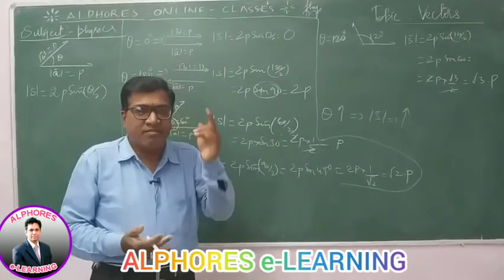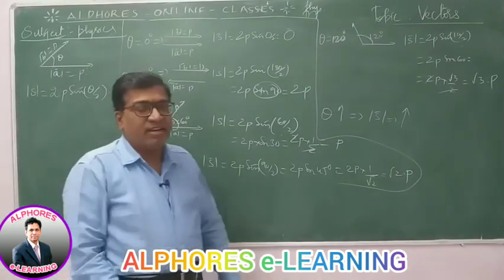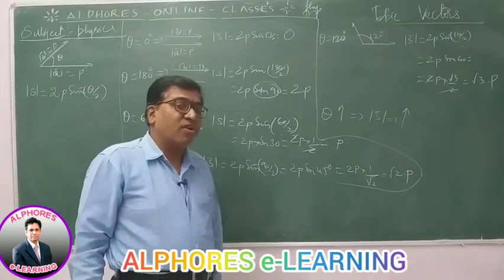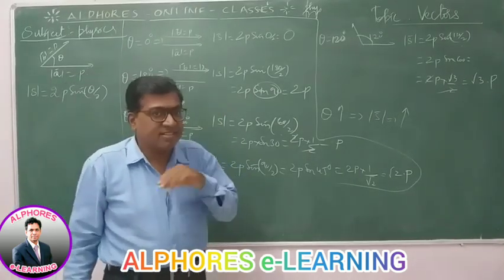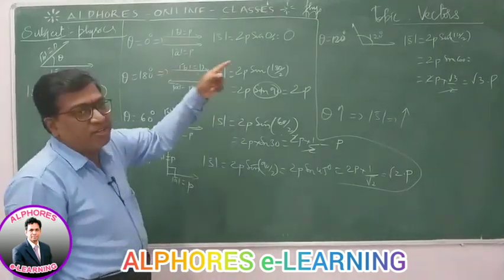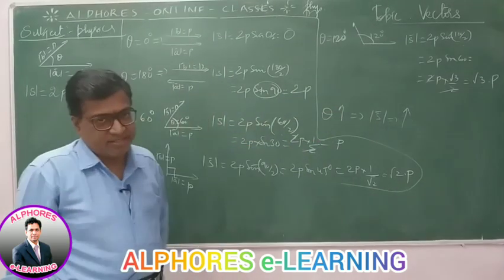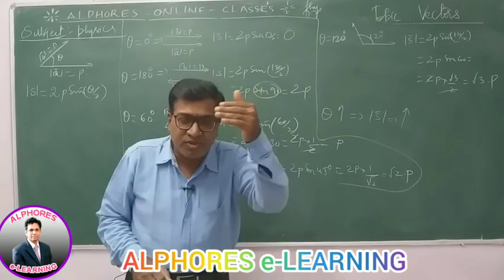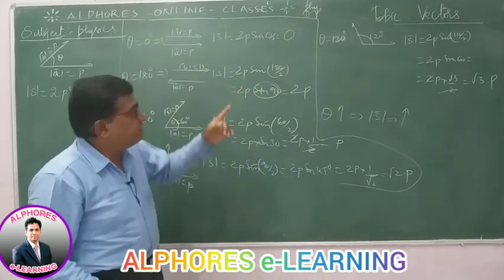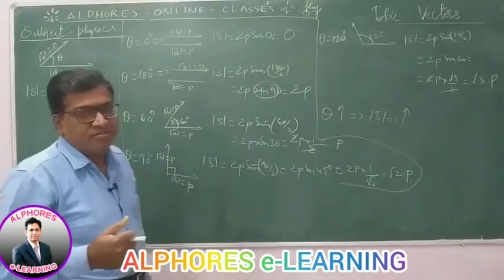On that day I was giving you the same example, when the magnitudes are equal, the addition resultant was 2p cos theta by 2. You know, cos is a decreasing function. As the angle increases, the value decreases. But here it is sin theta by 2. You know, sin is an increasing function. As the angle increases, the value increases. There the value was decreasing as 4, 3, 2, 1, 0. Here the value is increasing as 0, 1, 2, 3 and 4, under root of course.